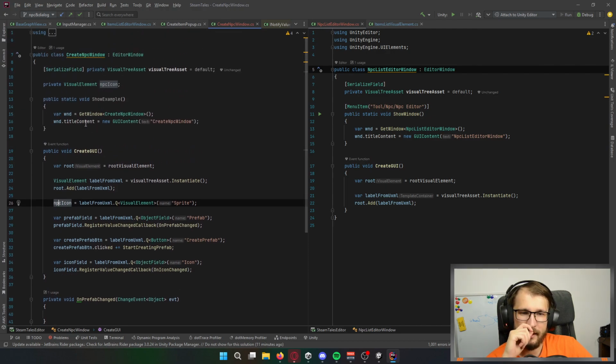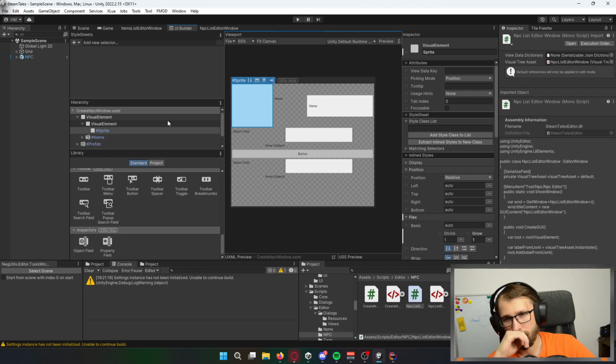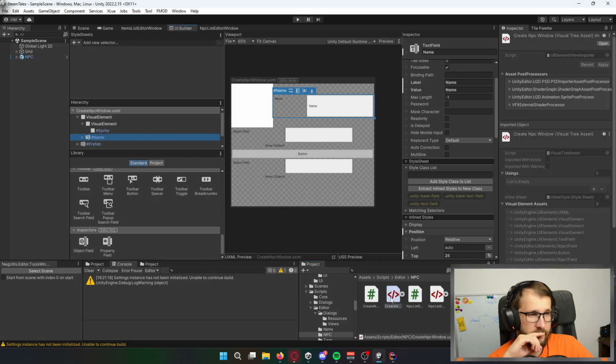This visual element is the NPC icon. Oh, it should be from this file. Okay, so basically at the start it should be nothing. I could add some icon to it. Maybe I would. No, I won't bother even with that. There's no need for it.